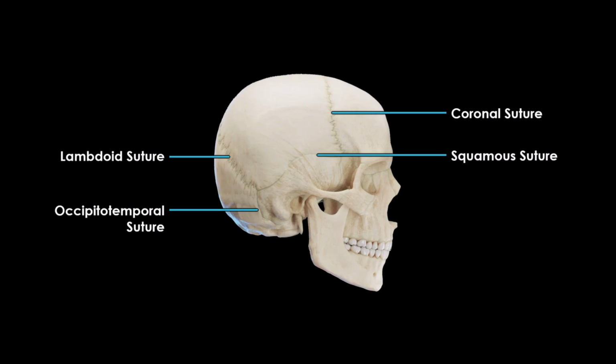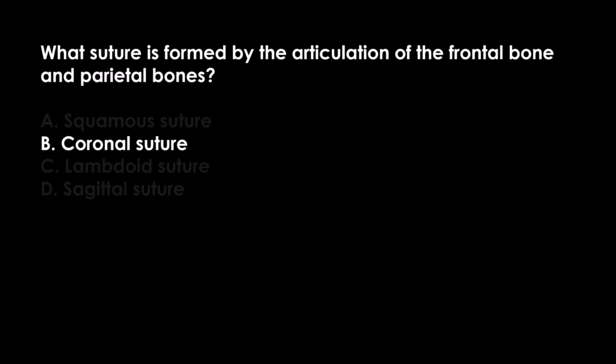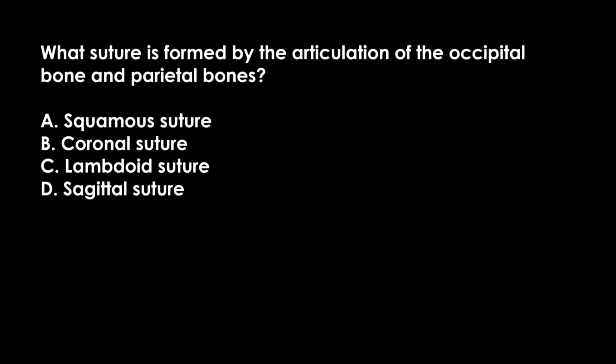So you think you've got it. Here's a quick practice question. What suture is formed by the articulation of the frontal bone and parietal bones? The correct answer is B, the coronal suture. Here's another question. What suture is formed by the articulation of the occipital bone and parietal bones? The correct answer is C, the